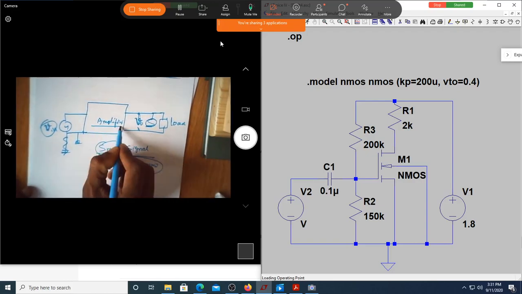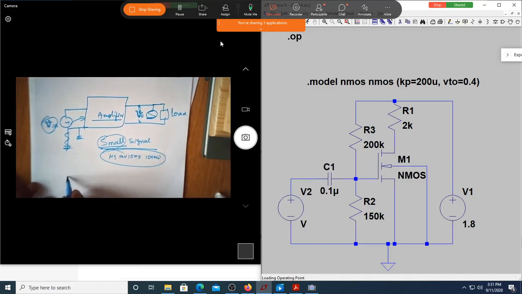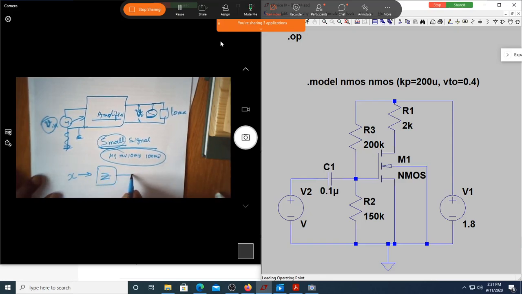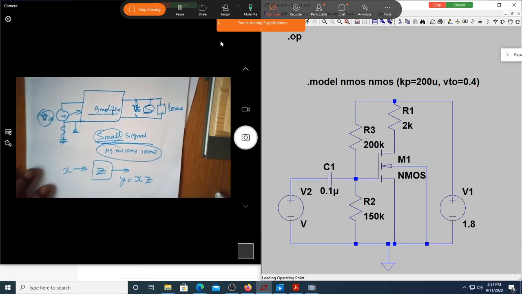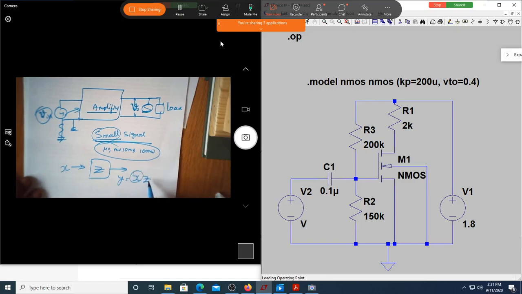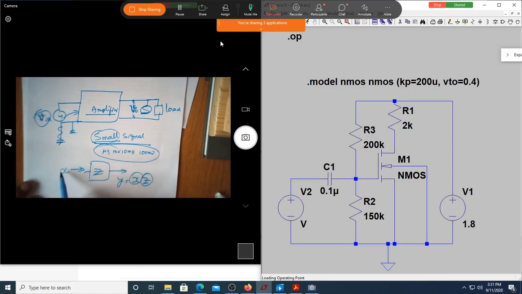Now this is an amplifier. I'll apply that small signal and I have to get an amplified version. Suppose you apply X volt, and the amplification is Z, what is your output? X into Z times. That's it. This is the input, and this is the gain of the amplifier, so it increases by Z times. I said this should be an AC signal.